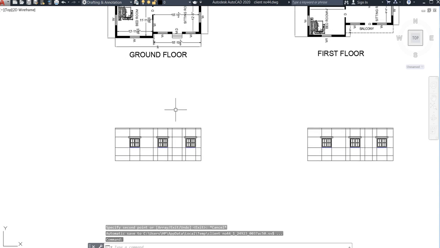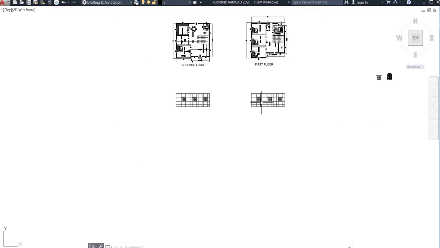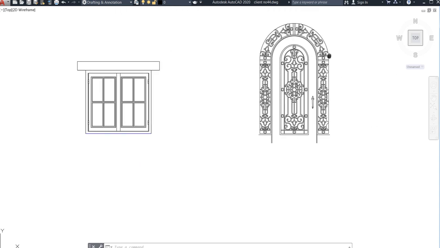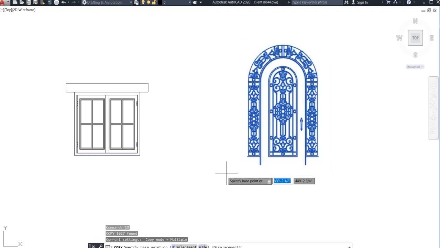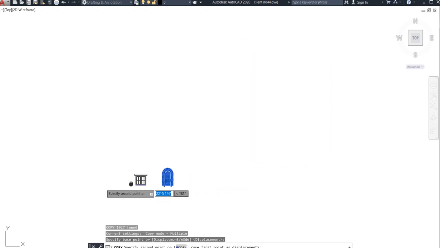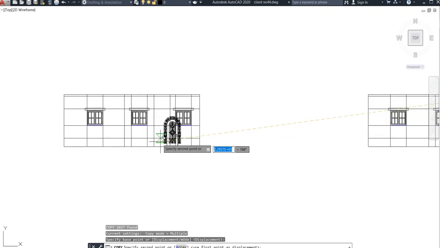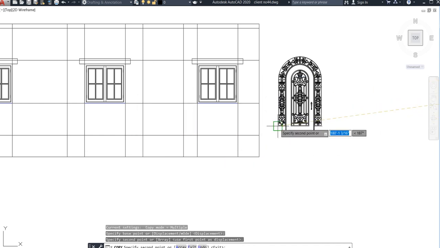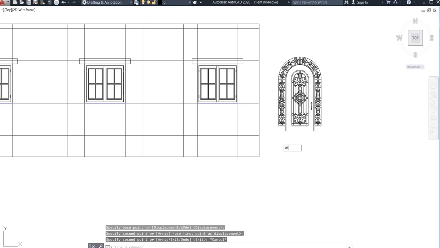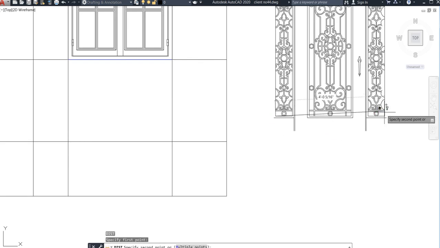After that we need to provide the MD, right? This is the main door. So just go and select it, CO for copy. Now copy it, but mind this should be on the first floor, meaning the ground floor only. You can see its size is quite large, it is not exactly 4 feet. So I'm going to DI. We need exactly 4 feet, but it is 4 feet something.